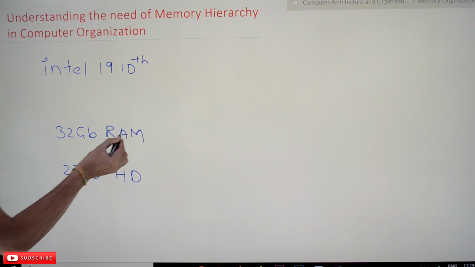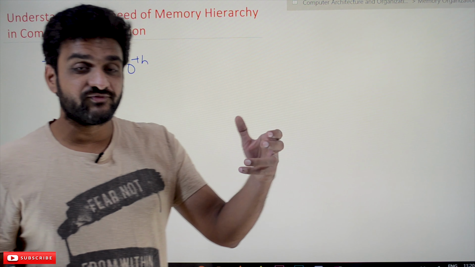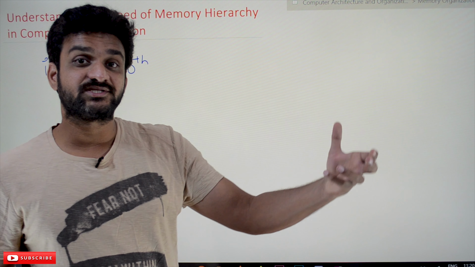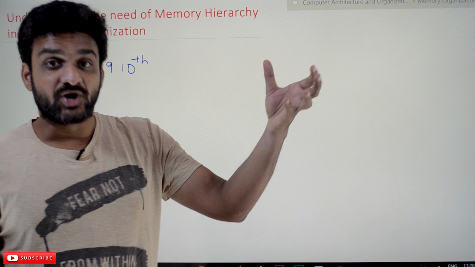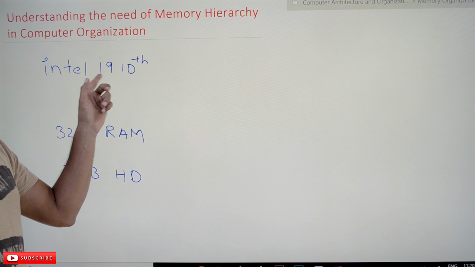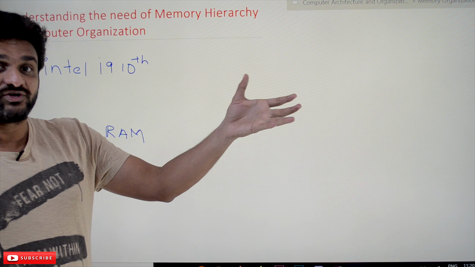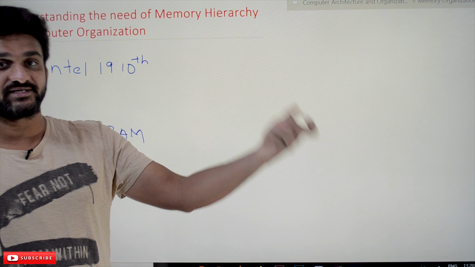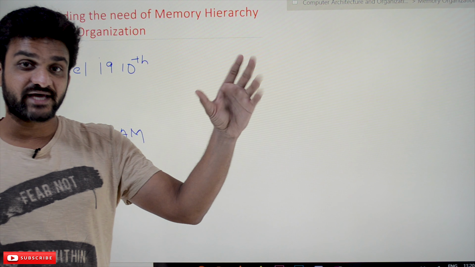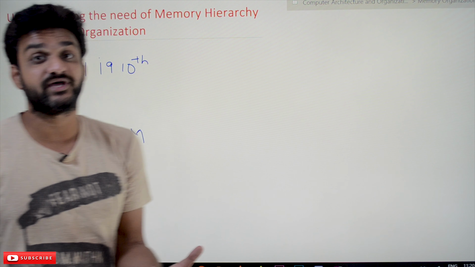So this is memory, and within the processor, if you closely observe processors, try to search for processors with cache memory. Within the processors, we are going to have cache memory. This Intel i9 processor with 10th generation is going to have 20 MB cache memory. Lesser cache memories are also available, so you try to search for it. As the cache memory size increases, the cost of the processor will also increase.